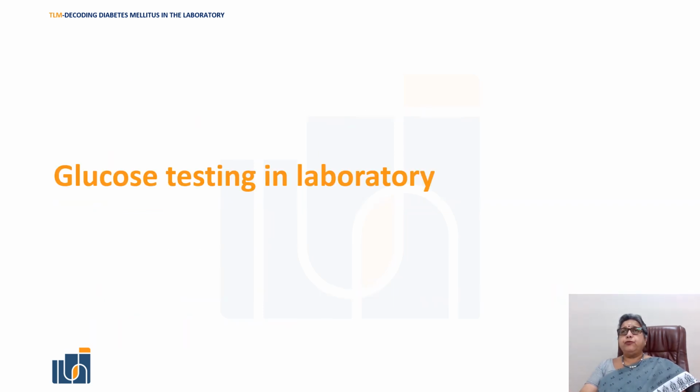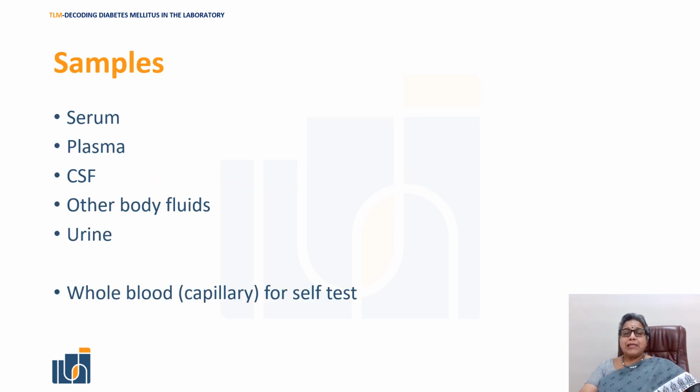Now we move on from the basics to glucose testing in the laboratory. It is one of the most common tests. Blood glucose is one of the most common tests in any lab, and most of the health packages will include a measurement of glucose. Now we'll see what are the various samples that you can get in the lab where they ask you for glucose testing. One is serum and plasma, the other is CSF, other body fluids, urine,